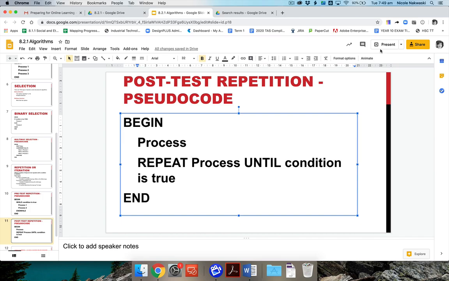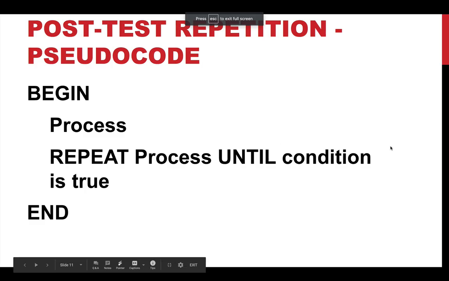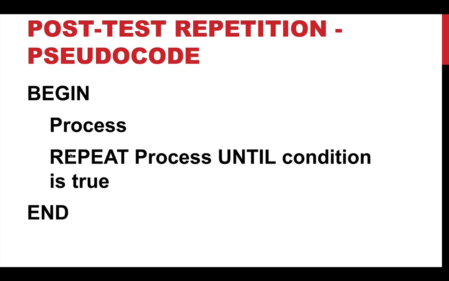This is not laid out in the most perfect way, and I know that's probably bad, but work with me. A post-test loop checks the condition at the end. So it has something: repeat until. It is a repeat until control structure. So you begin your logic, you just do the step. And then you check the condition, say, okay, you've done it, well done, keep on going until your condition is